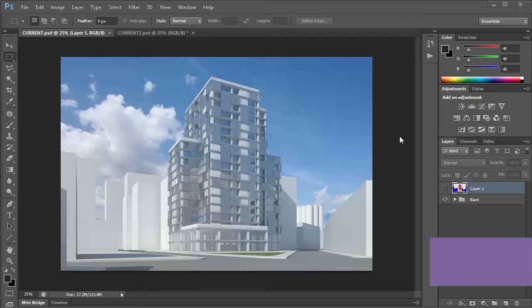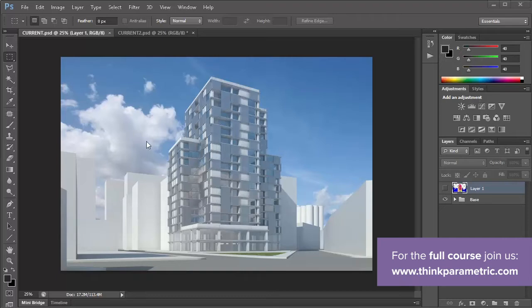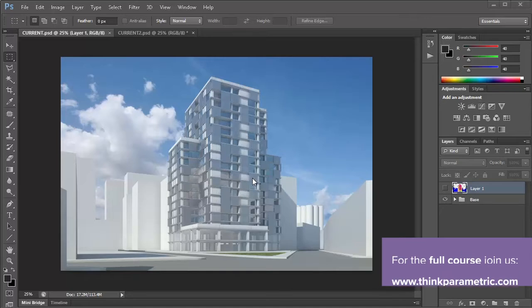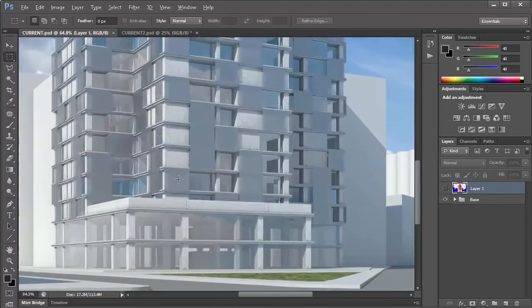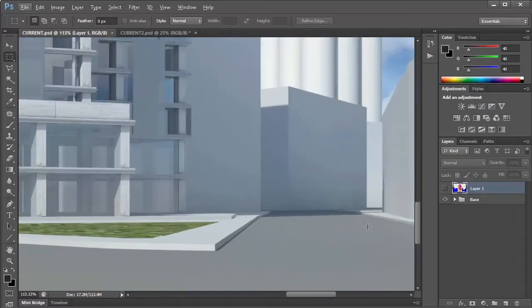Hi. So once we've got the base here and we've more or less blended our render into a background a bit better in terms of color and reflections and so on, the next step is to start to work into the textures of the massing, the buildings around it, and the street. So the first thing we're going to work on is the texture on the road, which is a bit flat